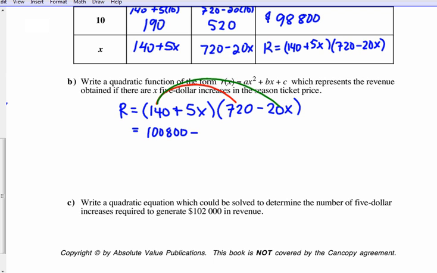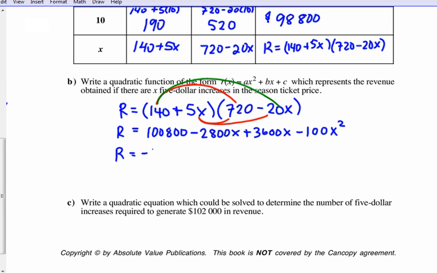Negative 2,800x. And 5 times 720? 3,600. And 5 times negative 20? Negative 100x squared. So collecting like terms, revenue is, you usually put the x squared first, so we should